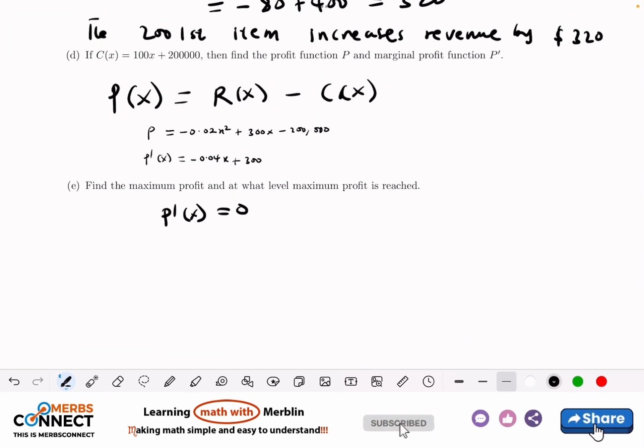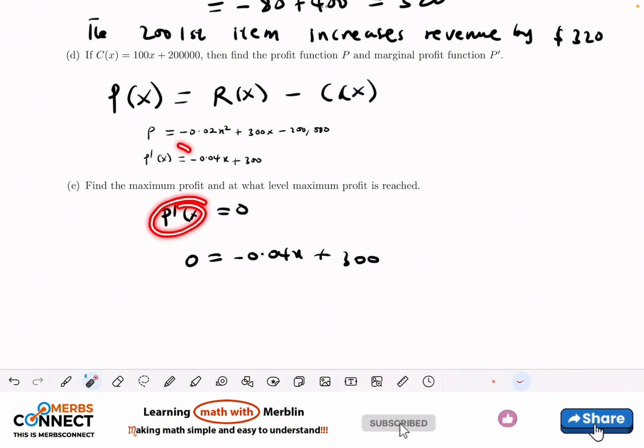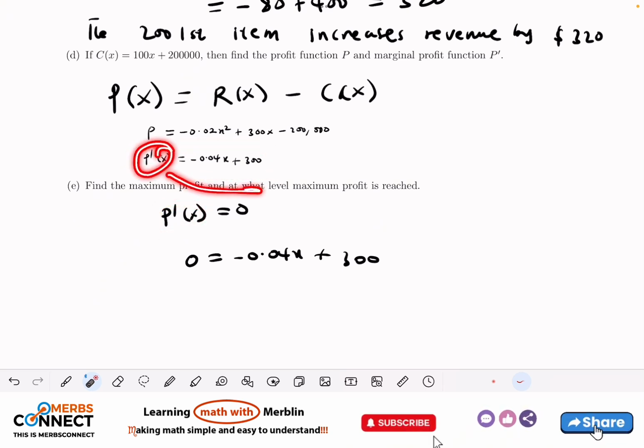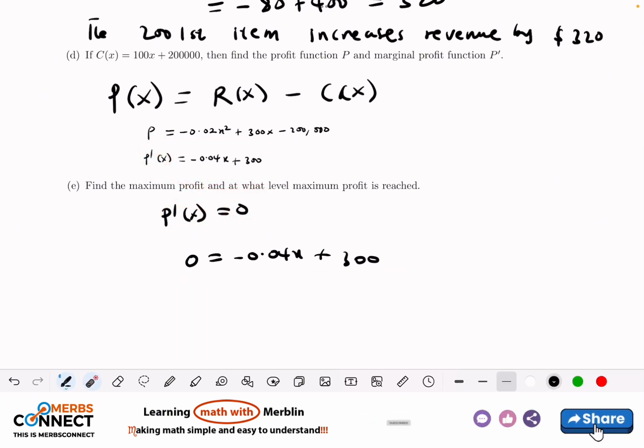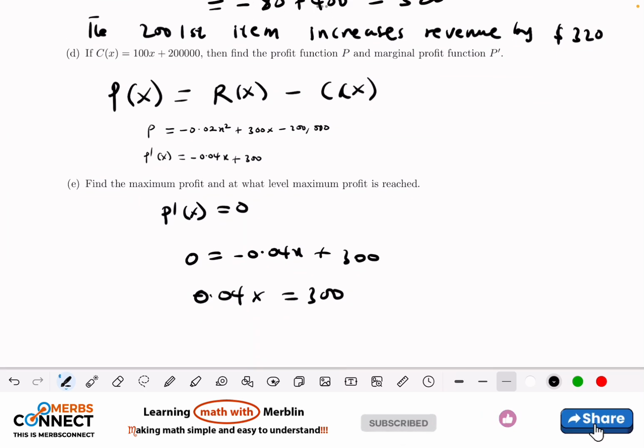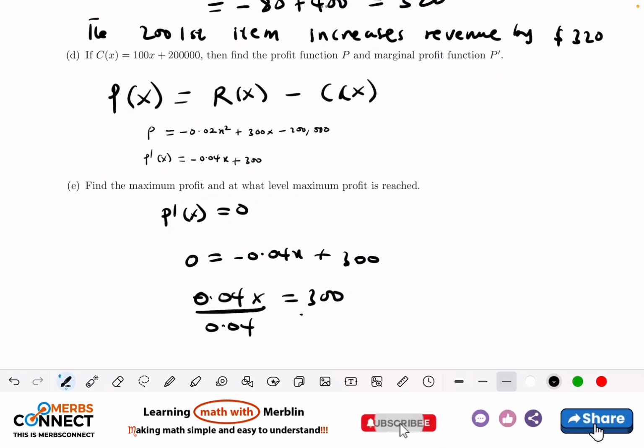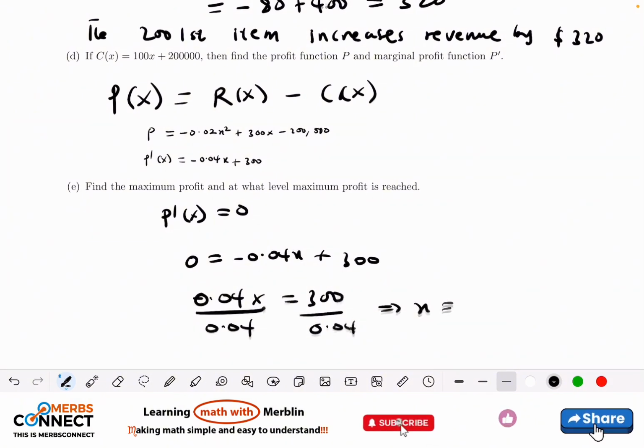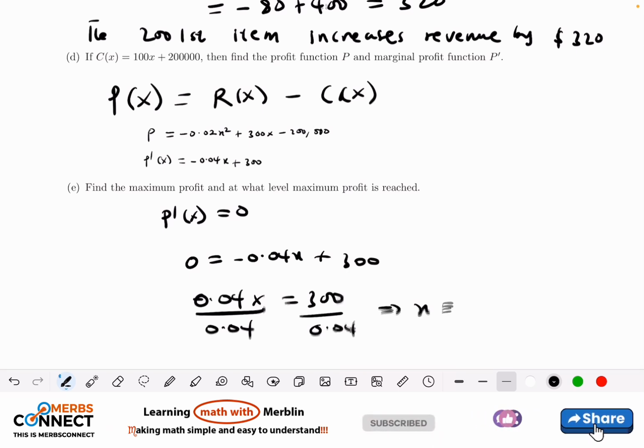So we have this one here, we are just going to set it to 0, then we look for x. So it means that 0 will be equal to minus 0.04x plus 300. So this we are taking from here, and this is equal to 0. So we have this. And then I'll move this one to the right. So I'm having 0.04x is equal to 300. I'll divide by 0.04, and this implies that x is equal to, when I divide this, what am I even going to get? I'm going to get something like,